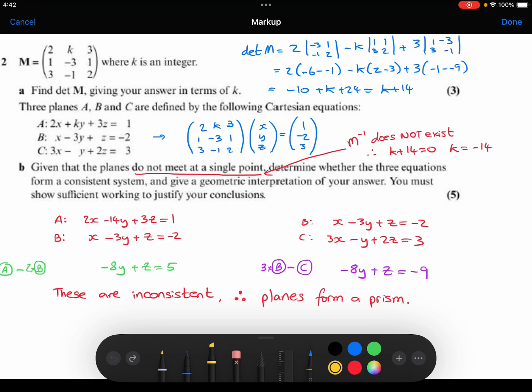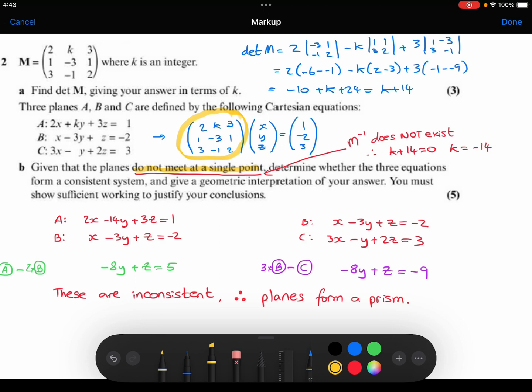We are now told that 3 planes A, B and C are defined with the following Cartesian equations. And you can see there that I have just taken that system of equations and turned it into a matrix equation. We are told that the planes do not meet at a single point. So when I'm interpreting that sentence, that makes me think that the inverse of this matrix